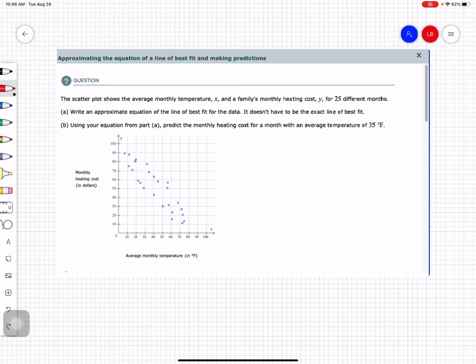Typically with your homework problems, they would give you particular points to use to work this out. But for this one, we're just practicing, okay? So a line of best fit is